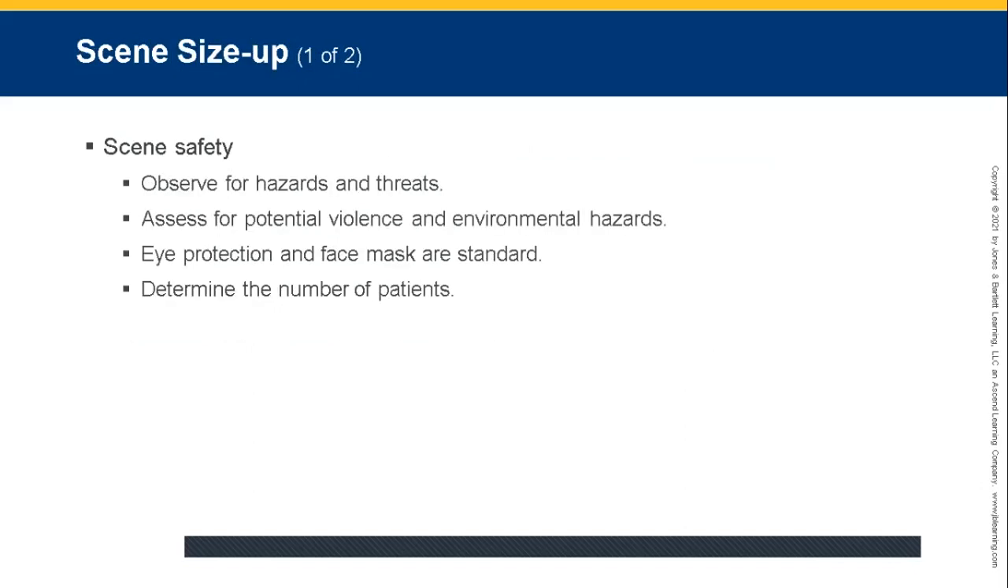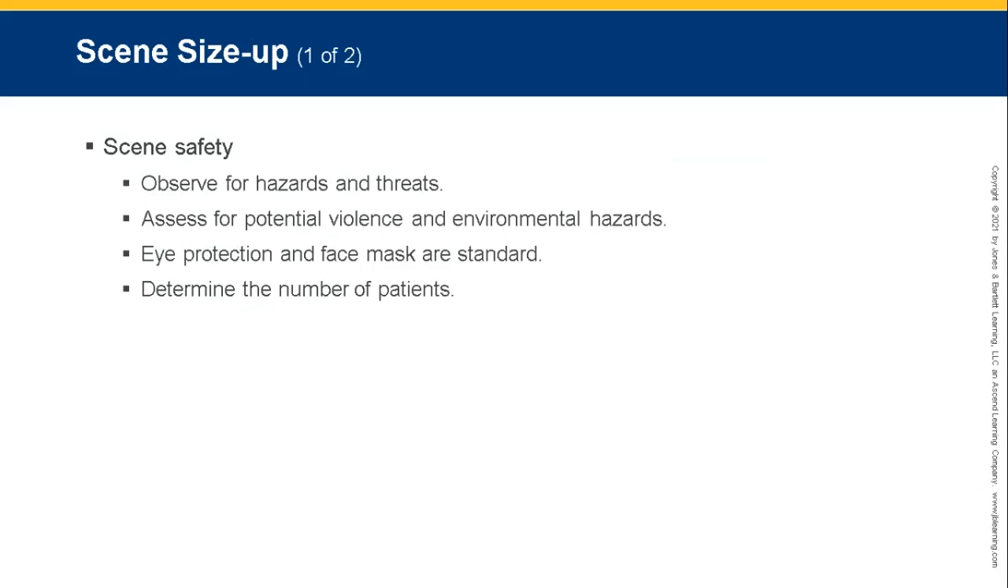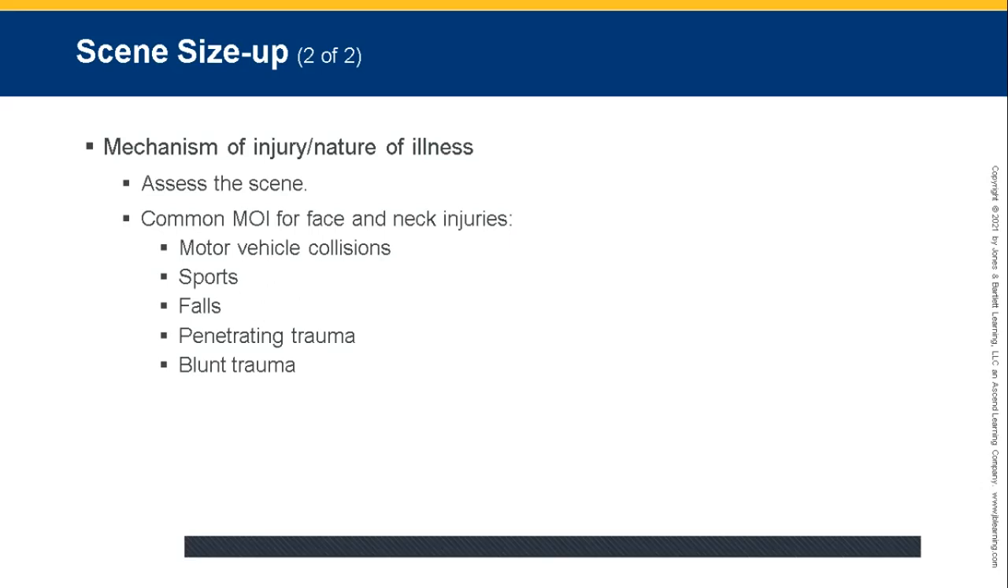Now, scene size up. Scene safety. Observe for hazards and threats, assess for potential violence and environmental hazards. Eye protection and face masks are standard. Determine the number of patients. Mechanism of injury is specific to trauma, nature of illness is medical. Assess the scene. Common MOIs for face and neck injuries include motor vehicle collision, sports, contact sports, falls, penetrating trauma,